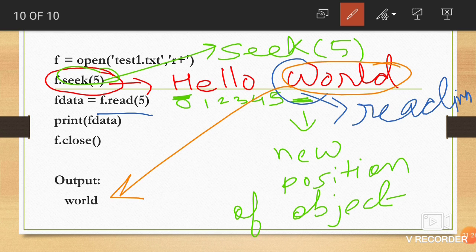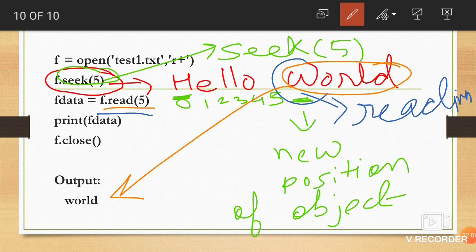If you want to change the position of the file object, you can change the position of your file object. When will this method be used? When you want to read a file from the middle. Suppose you have 10, 20, 30 lines, but you want to start reading from the 20th line. Instead of read you can use readline, but the seek method reads in the form of bytes only. Understand? If you want to read the file from the middle, you can read it by changing the position of the file object using the seek method.